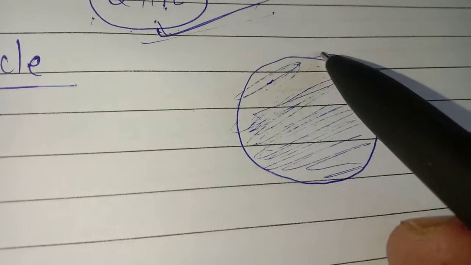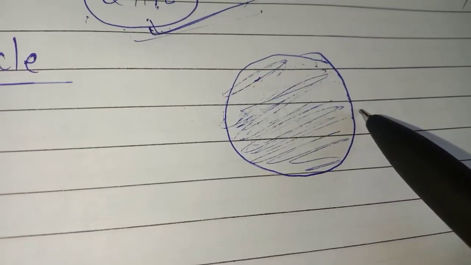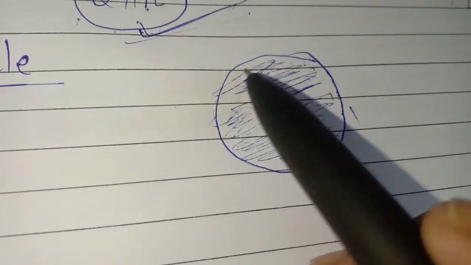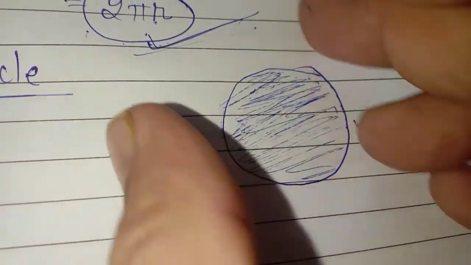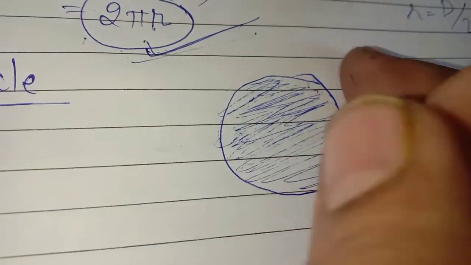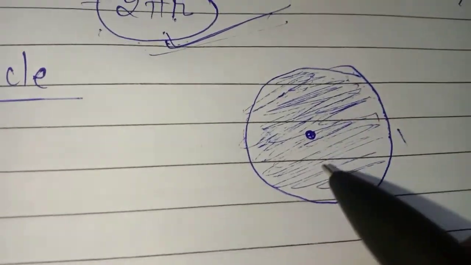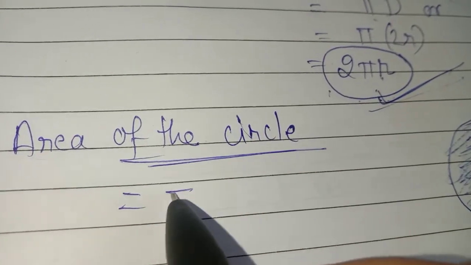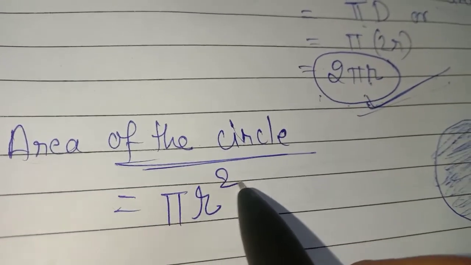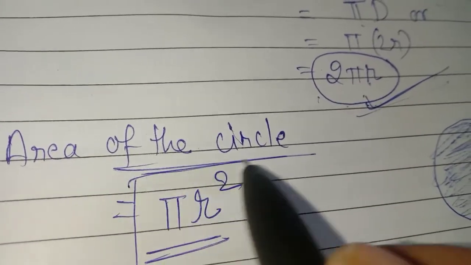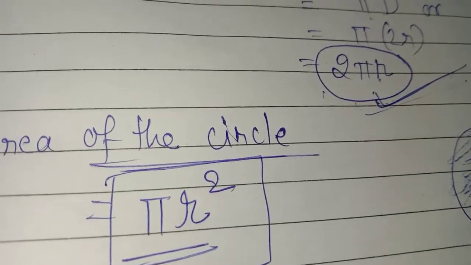Suppose I take a circular paper. The circular paper will contain the covering of paper also. So what is the total area of this paper? For that we have to consider the center of the circle. Radius will be there. So the area of a circle in 2D is equal to pi r square. Area of circle is given as pi r square.